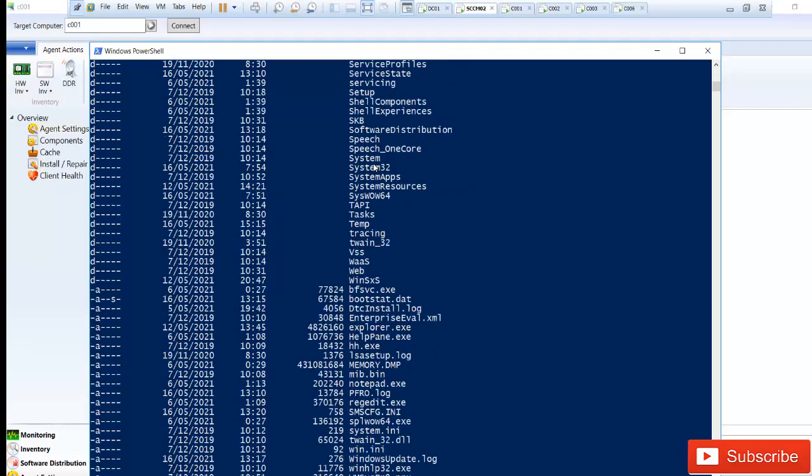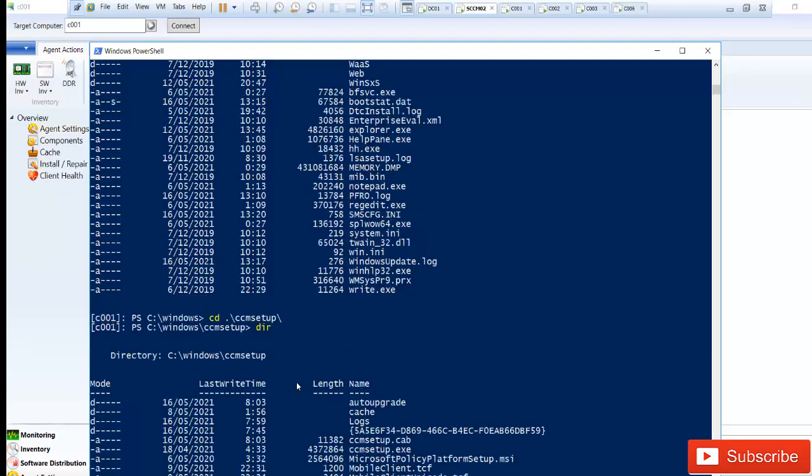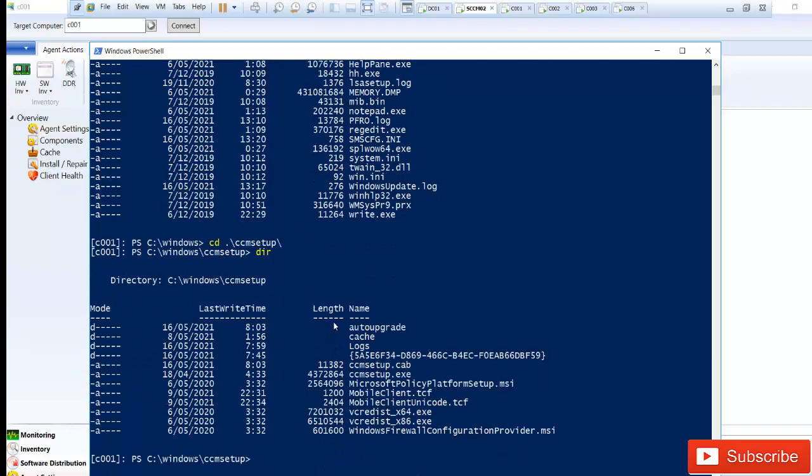So I'm going to change directory to CCM setup. Just some seconds. It will take me to that directory. If I type directory here, you can see all the files we have. So what I just need to do is enter CCM,